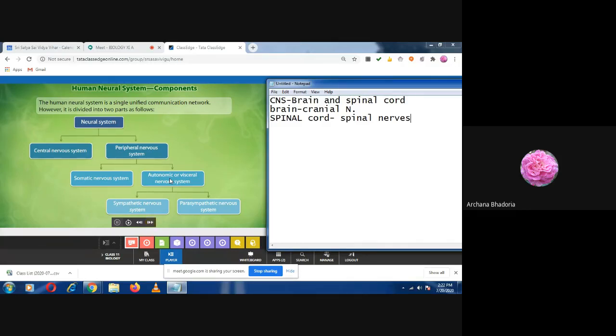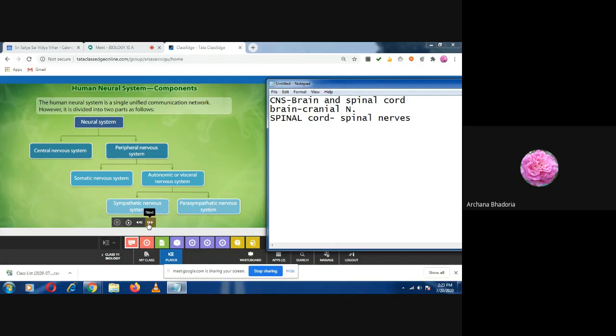Once you have taken the food and it has gone into the buccal cavity, and it has gone down into the esophagus and then to the stomach, then you have no control over it. You cannot stop its digestion, isn't it? So that is all going on automatically, and we call it as autonomic nervous system. So that has been divided into two: sympathetic nervous system and parasympathetic nervous system. I hope you have taken down this flow chart, all of you all.